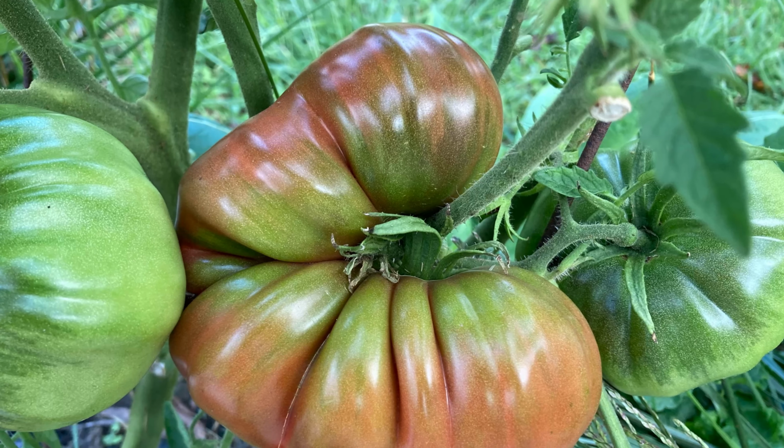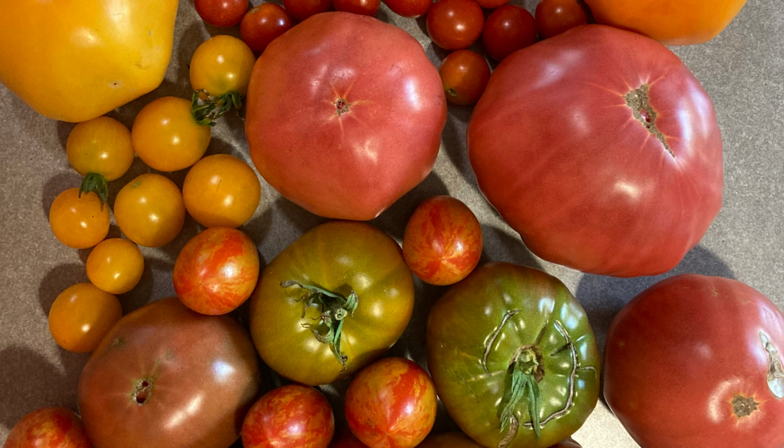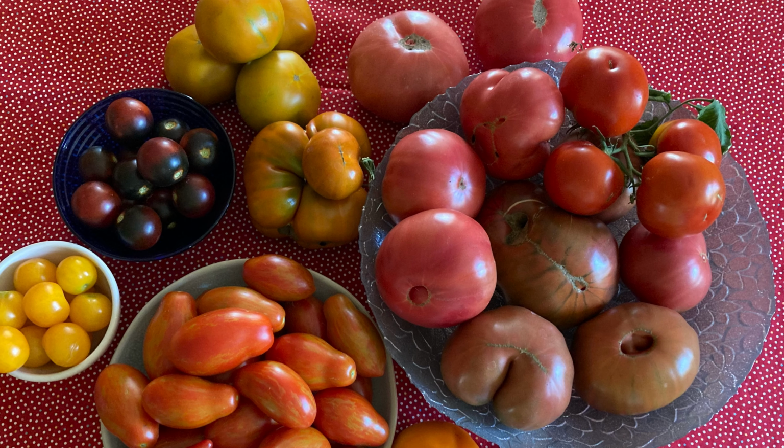I'll show you some examples, harvests, and all the varieties of tomatoes I grew this year, just for fun. It was a mega tomato year. But first,